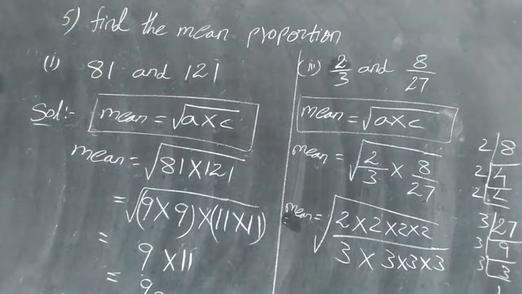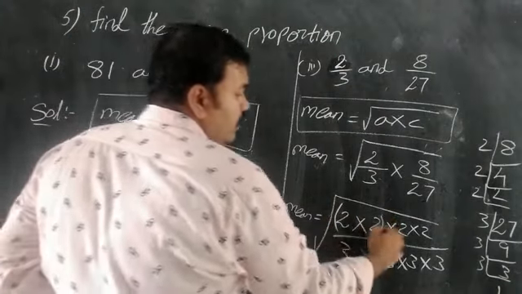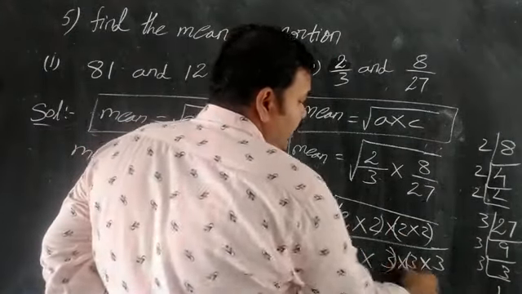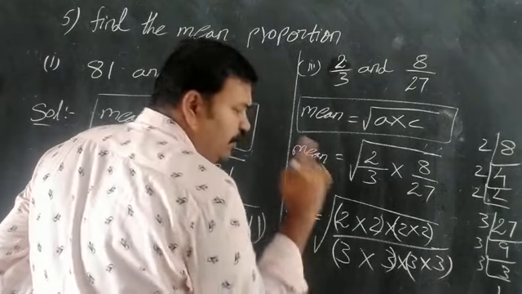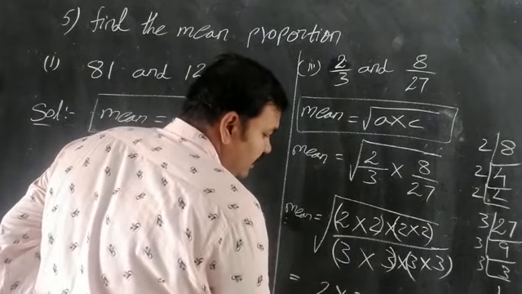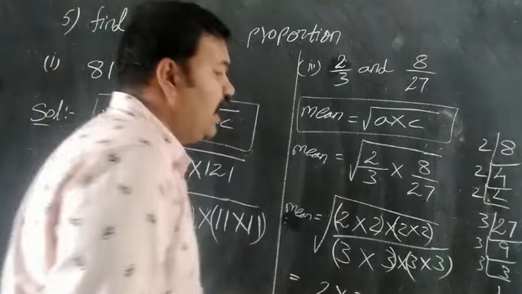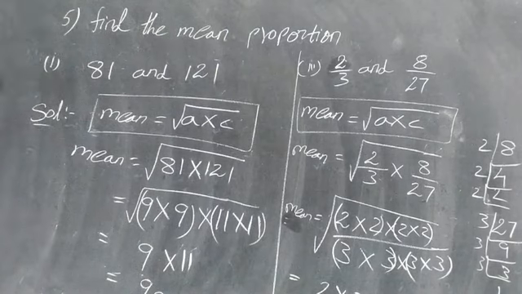What is called square means combining the same two numbers with brackets. First two, next two. Each and every bracket will use one number. So 1 two, another 2 by 3 into 3. 2 2s are 4, 3 3s are 9. So the answer for this sum is 4 by 9.